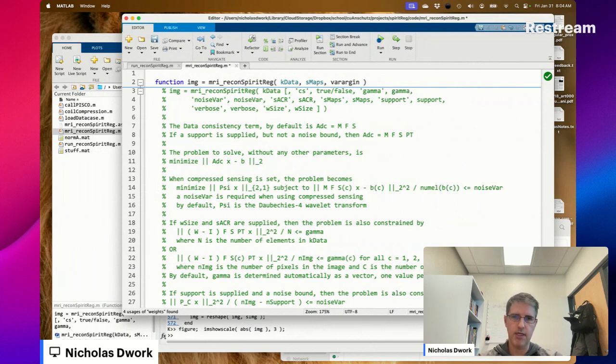That's what group sparsity does. And this is actually equivalent to this. So the data constraint is going to be the same. That's shocking to me. That's interesting.